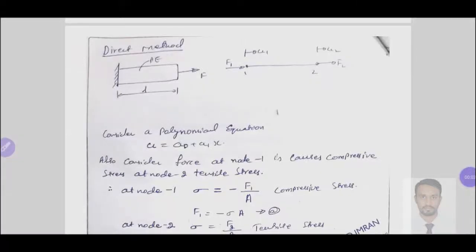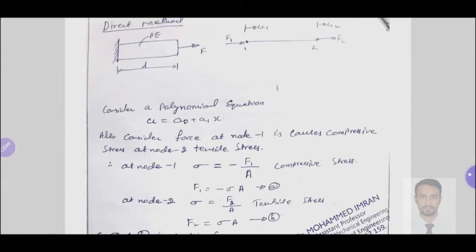The elemental stiffness matrix was derived by using the energy method. Similarly, by using a direct method, the stiffness of the bar element is determined. To formulate the elemental stiffness matrix for a bar element by using the direct method, consider a bar that has